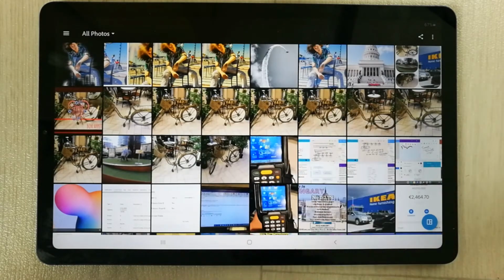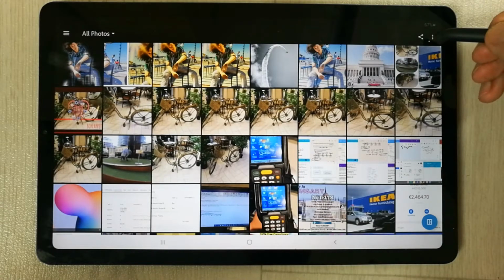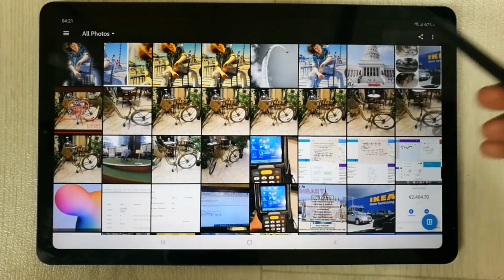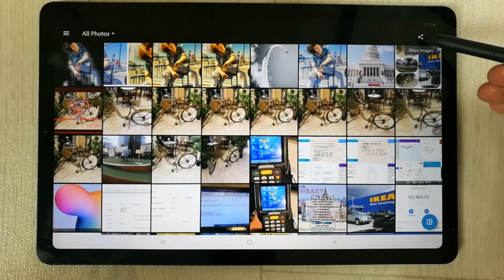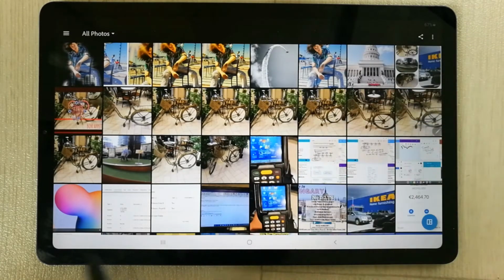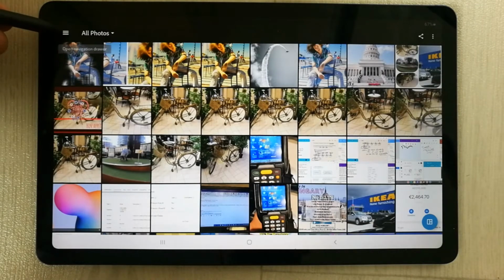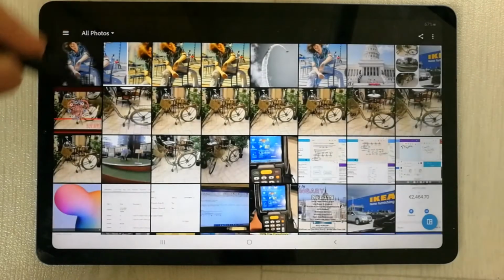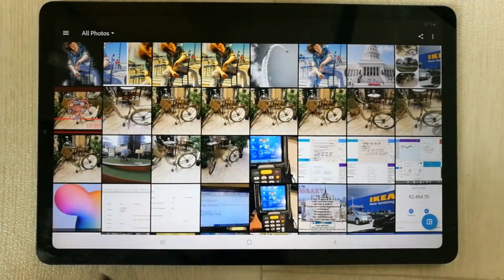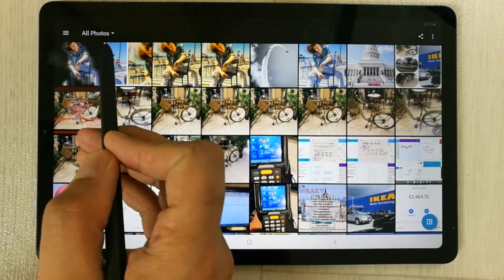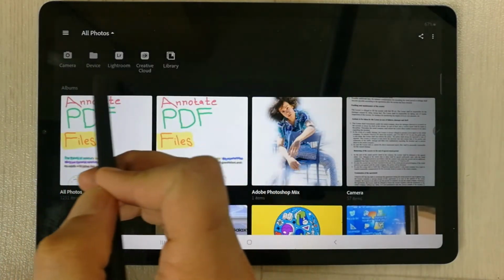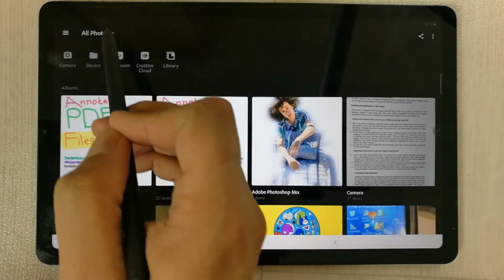As you guys can see over here, on the top right corner you see these three dots. If I click them, you see the option of make collage and delete images option. The next option is about sharing, so if you want to share the image you can share it. Then on the top left corner you will see this menu. The menu is for your account settings. So if you are unable to find photos here, you can use this option over here. It says all photos, so when you click it, it will take you all the options available in your device where you can find your photos.